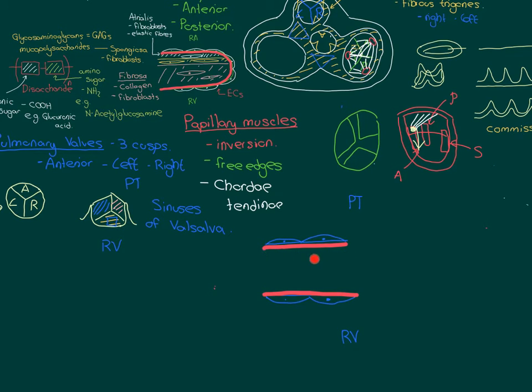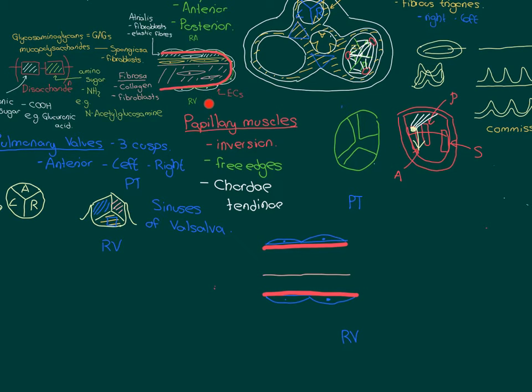Now, in the case of the pulmonary valve cusps, it is at the top that you're going to have the fibrosa layer, underneath that you'll have the spongiosa layer, and underneath that you'll have the elastic connective tissue layer. So let me draw this on. So it's almost as though it's been rotated round, and this still makes sense because, remember, the fibrosa layer faced